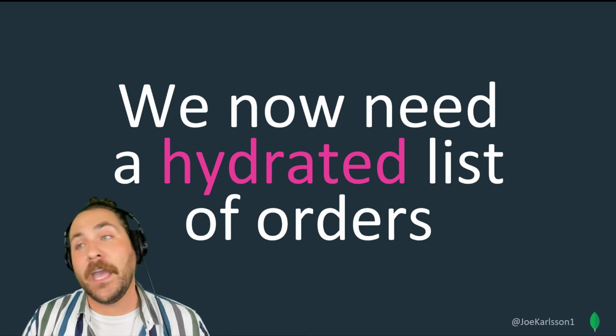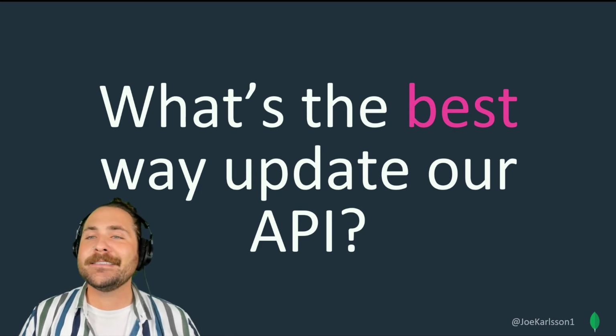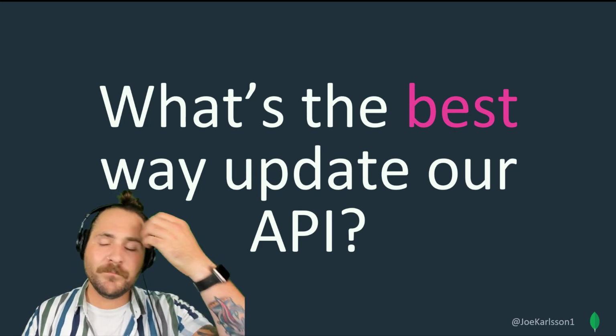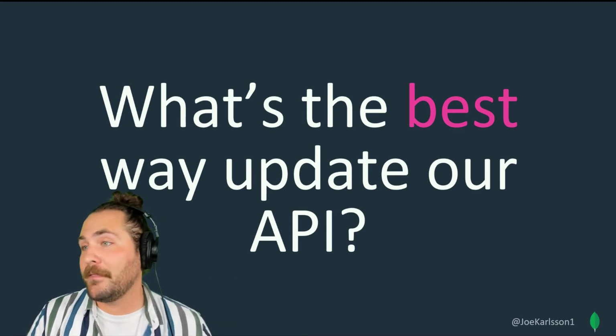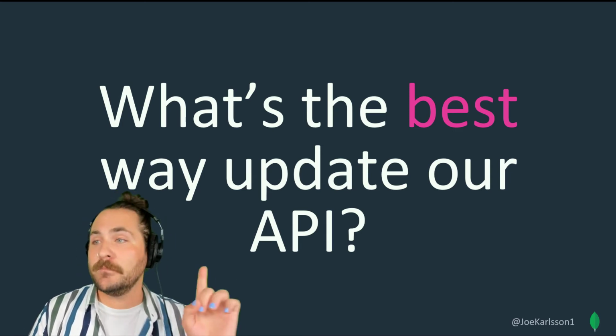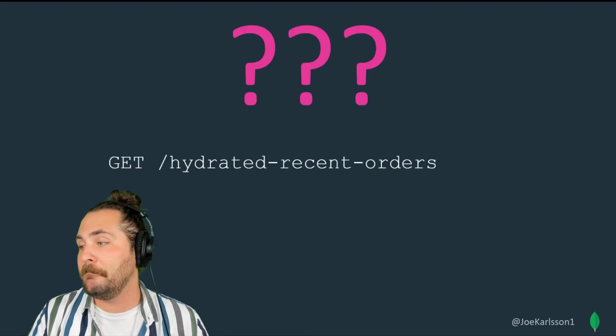They want all that information hydrated in that order. Uh-oh. Okay, so we're front-end engineers. We have to figure out how we're going to update this API. What are we going to do, huh? Well, you go back to the back-end team, and maybe you are developing the back end. Maybe you're full stack, right? But another question remains. How do you actually change your API to reflect this new hydrated SKUs that you need to show on the DOM?